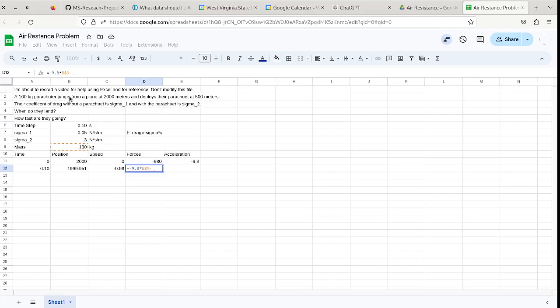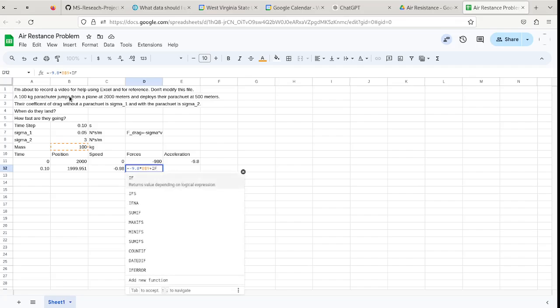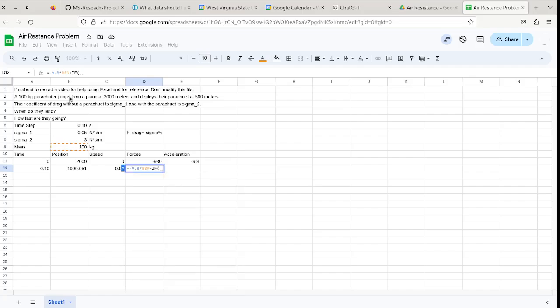Okay, so now we need to be really careful about this. So I'm going to actually add this. Now I can insert the function IF, and now I can specify a condition. So if, actually, I'm going to subtract it off. So minus IF,